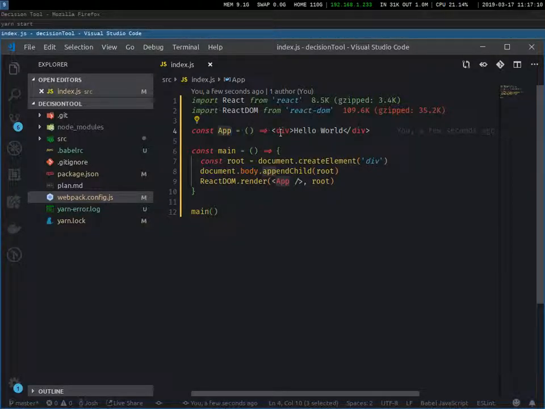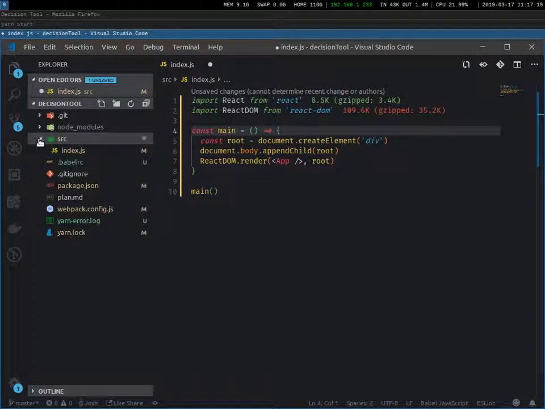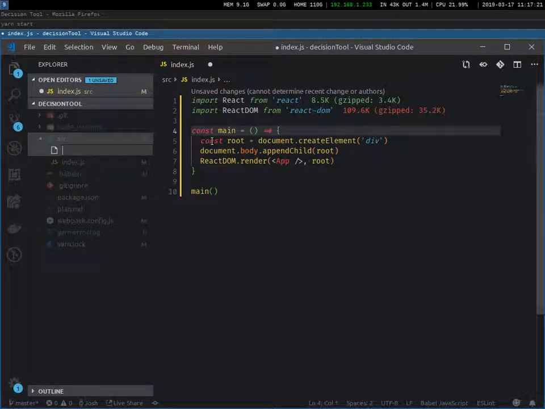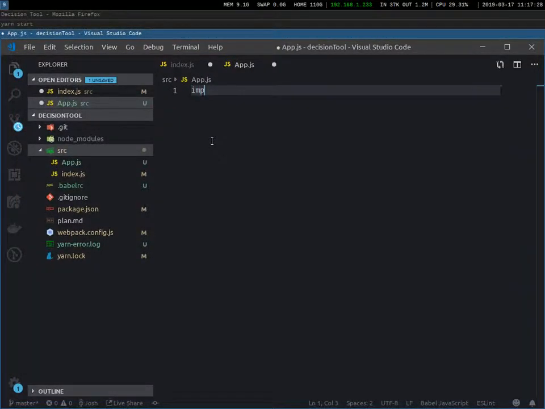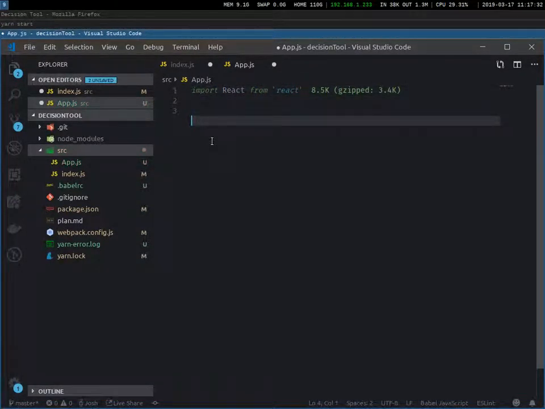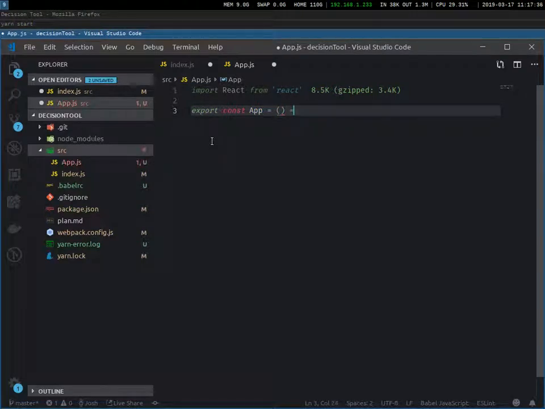Obviously our app is going to be a lot more complicated than just hello world. So let's take this and delete that, and go create an actual app component. So we'll just say app.js, and we always have to import React, and we're going to say export const app, and we're going to return,